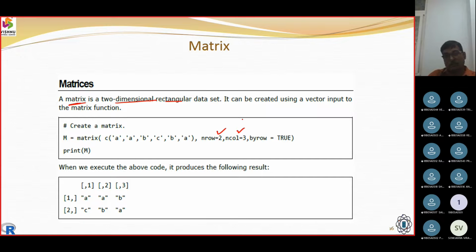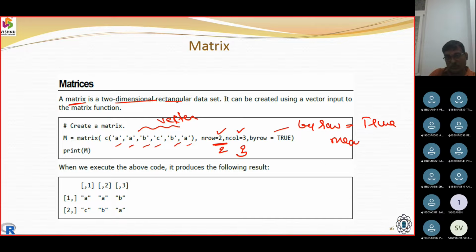Here we give a vector input to the matrix, A, B, C, B, A, and we want to print it with number of rows equal to 2 and number of columns equal to 3, and we mention byrow equals TRUE.